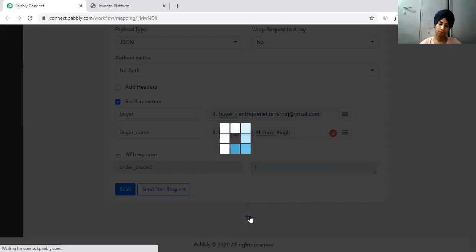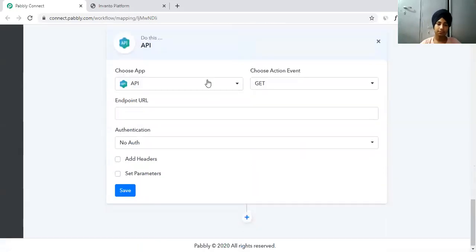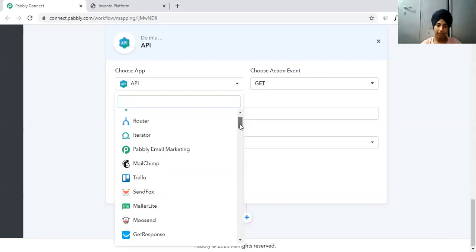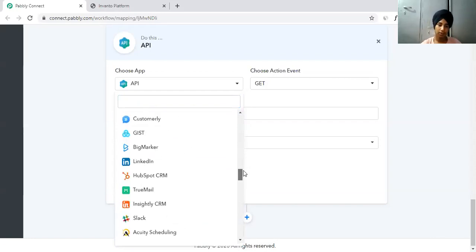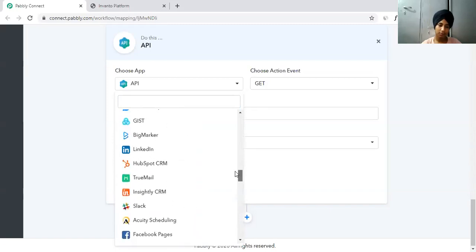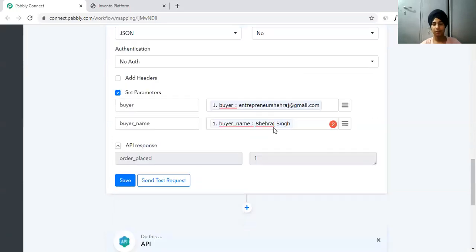You can do a lot of integrations. From here, you can add them into your ConvertKit account, which I'm using, or add them into your Google Sheet, or add those subscribers to any other platform. They even have a direct integration with Instamojo. I do not use that because I love webhooks. So that's all that you need to do.